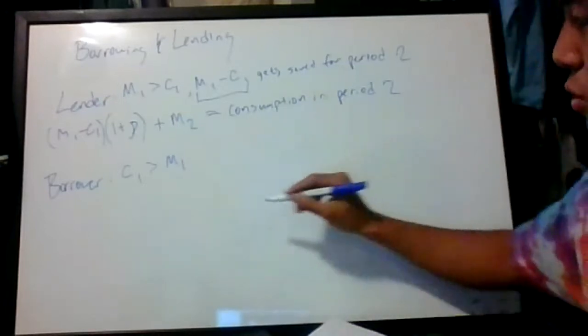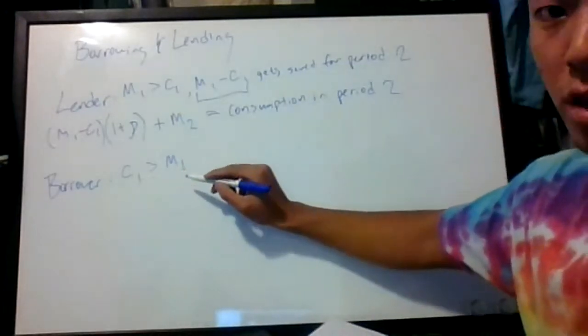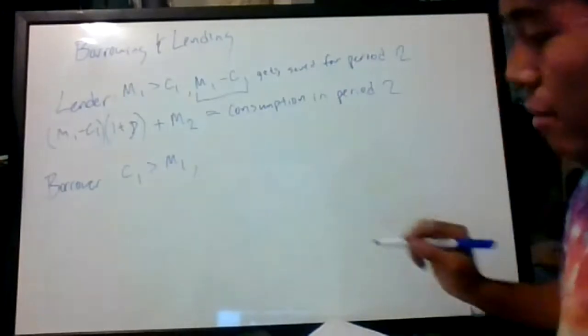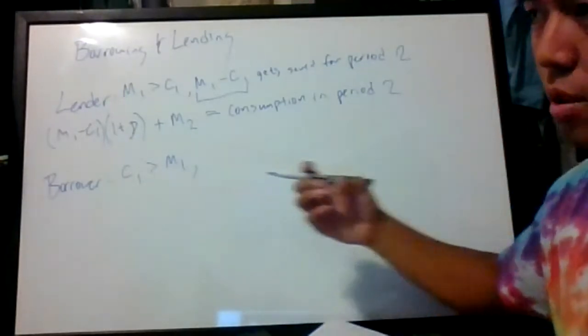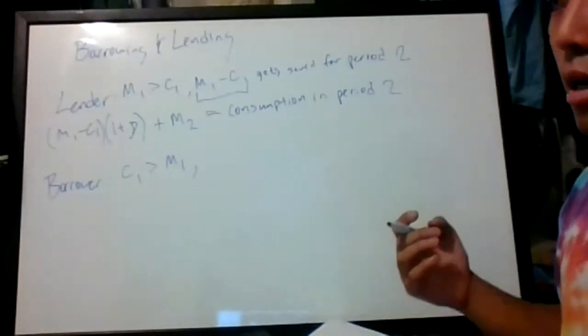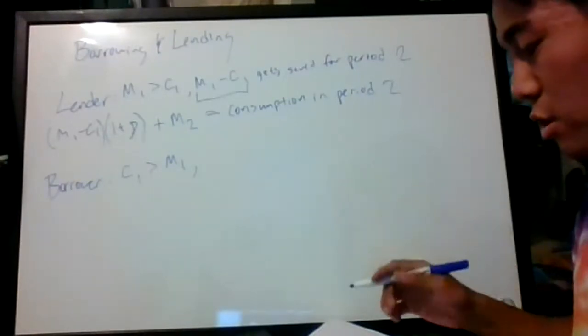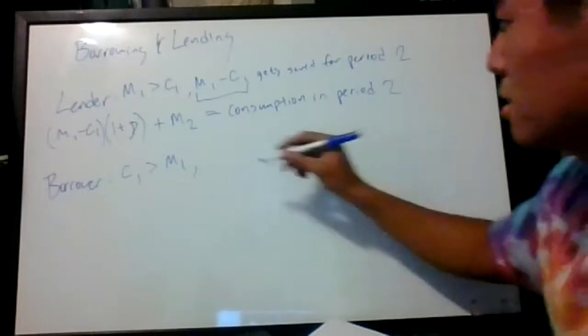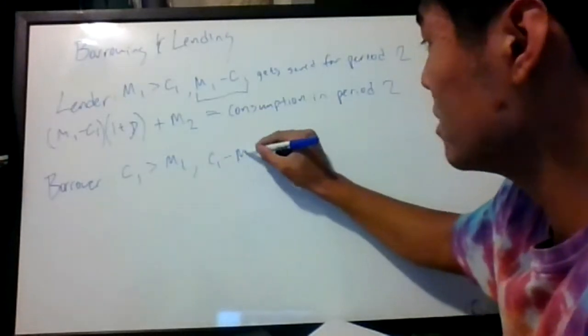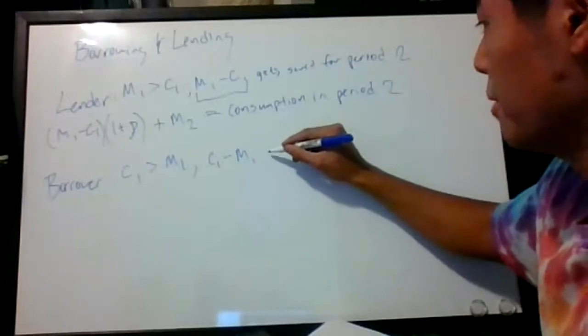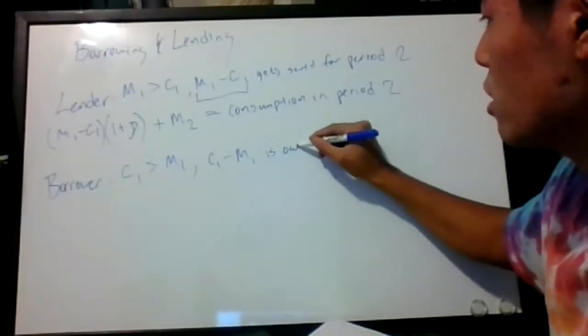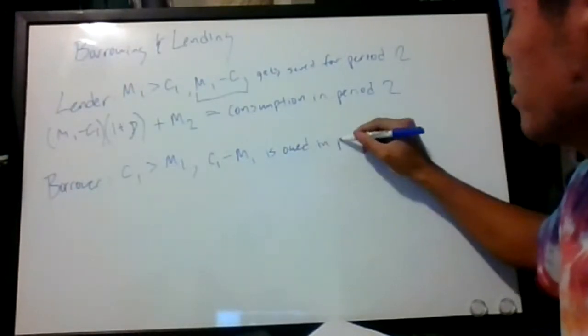Because we spend more than we have in this period, that means that we're borrowing against period two. And so that's going to be money that we're no longer going to be able to spend in period two. So we say that C1 minus M1 is owed in period two